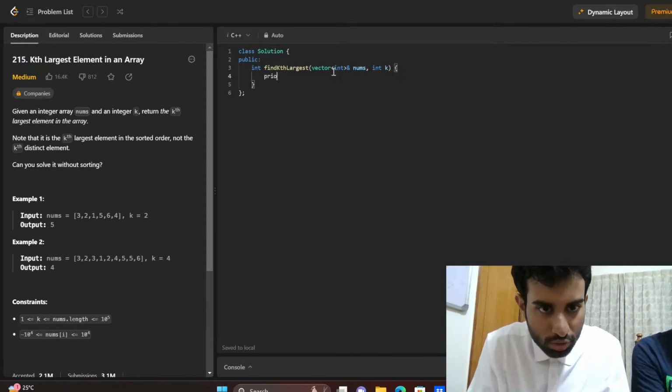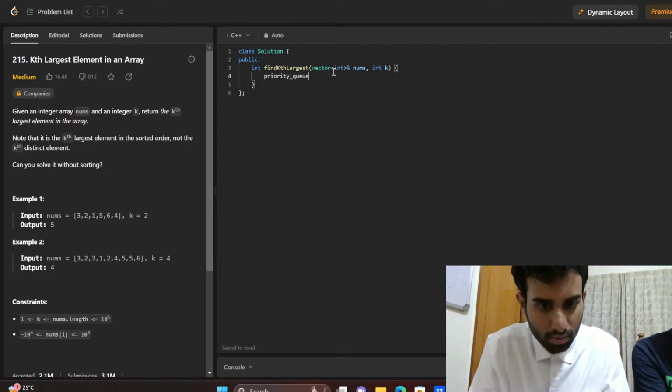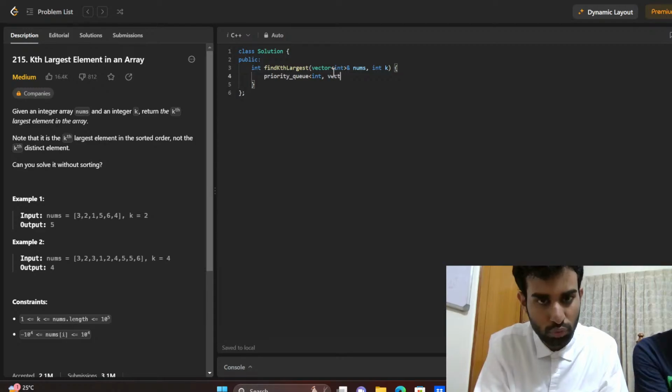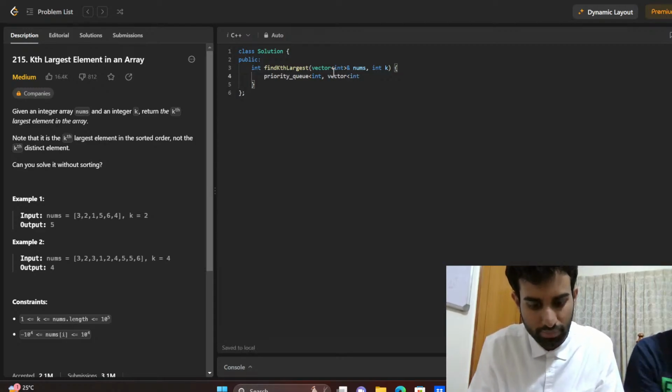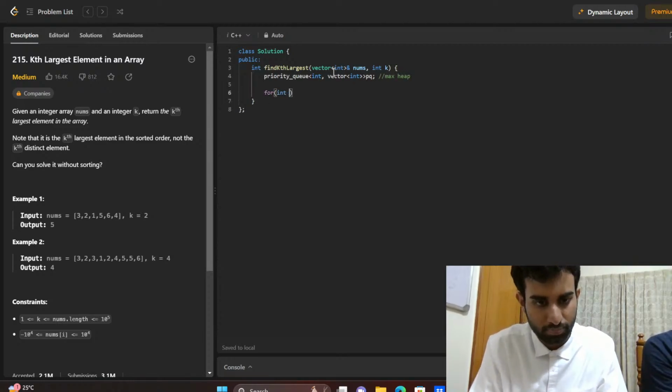In C++, you use a priority queue here to simulate min and max heap. Let's first use the simple approach of using a max heap itself. In C++, the default is max heap. Then